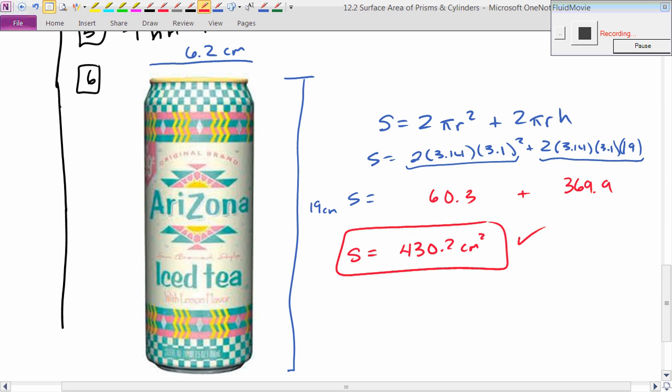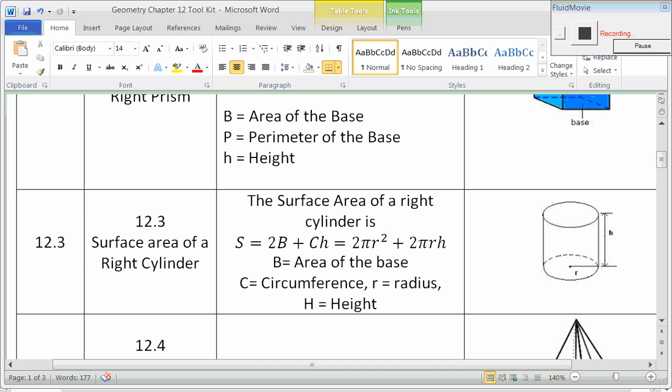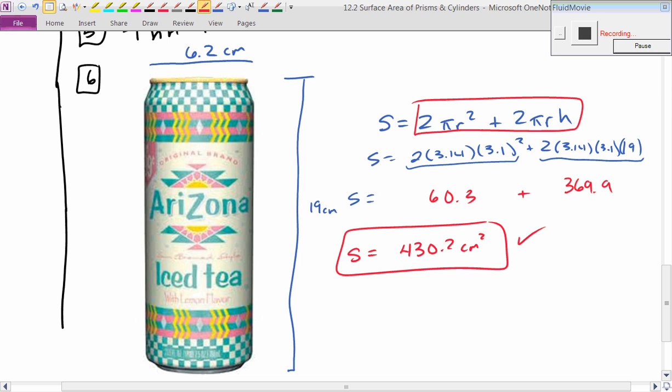Pretty good? Okay, so this little formula here, this is the one that we're going to use that's on our toolkit. So we want to use the second half of that formula. It's easier than the first part, okay? I drew a little picture for you on the right-hand side so you can check to make sure you've got it right. Any last questions or thoughts? No, okay, let me